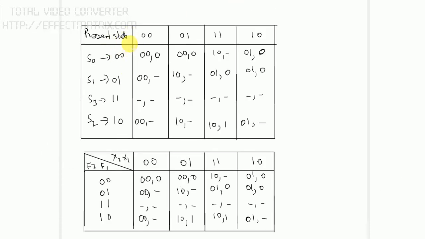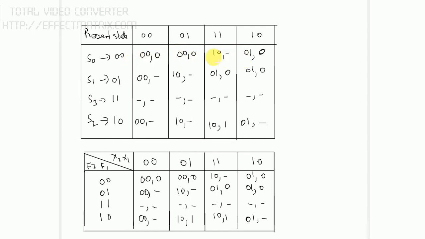Here I have included another row, S3 for 1 1. We know for 0 0, 0 1, 1 0, but we don't know for 1 1, so I'm going to find this S3 value also, 1 1. This is not in the table, but I have included it here. Now I have S0 equal to 0 0, and I'm going to check whether any 2-bit changes occur in this format. For 0 0, this is the same, this is also the same. Here 1 0 has come, so only 1 bit is changed.